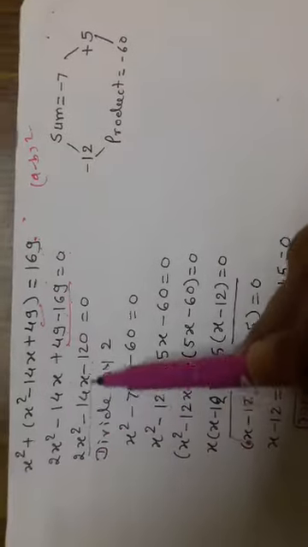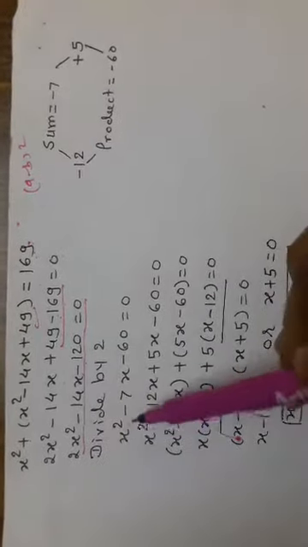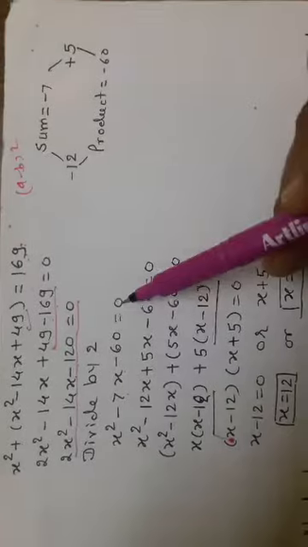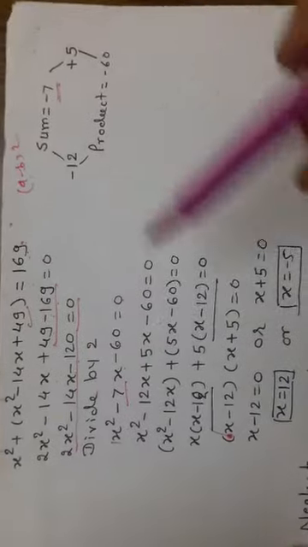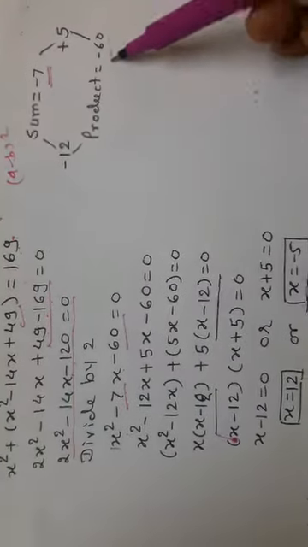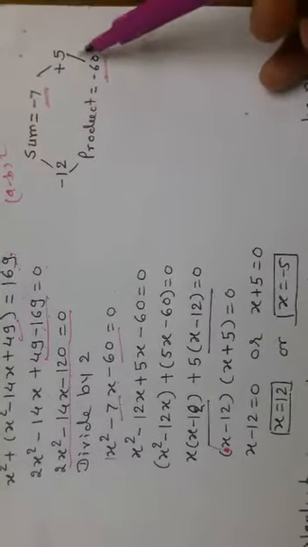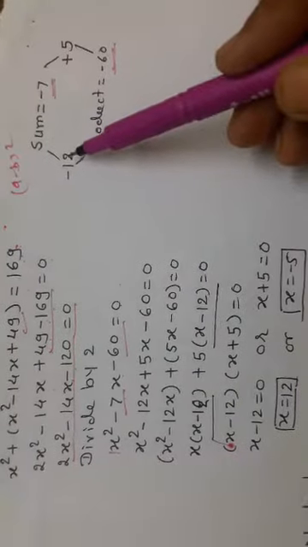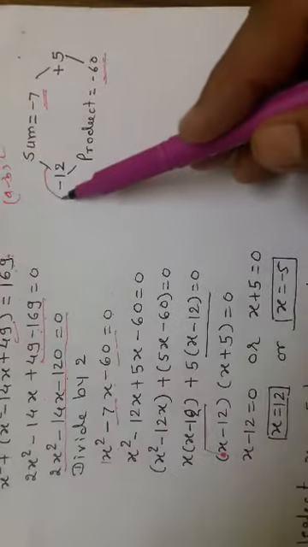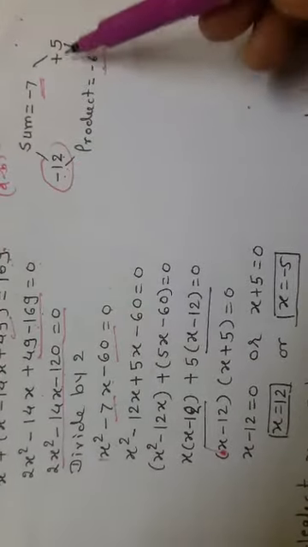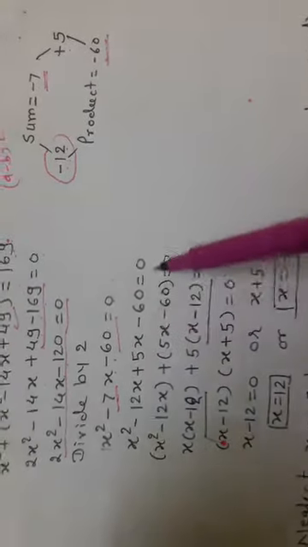Again you can see all these three terms can be divided by 2. So we will get x square minus 7x minus 60 is equal to 0. The coefficient of x square is 1, so minus 7 is the sum of the two numbers, and minus 60 is the product. When the product is negative, then one term will be positive and one term will be negative. So we get 12 times 5 is 60 and 12 minus 5 is 7. But the bigger number we have to give the minus sign, so minus 12 plus 5. So x square is going to split up as minus 12x plus 5x minus 60 is equal to 0.